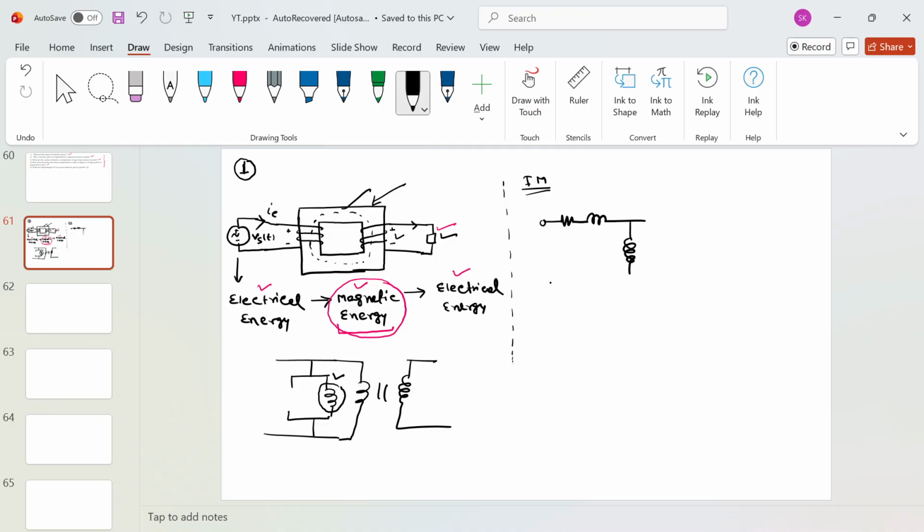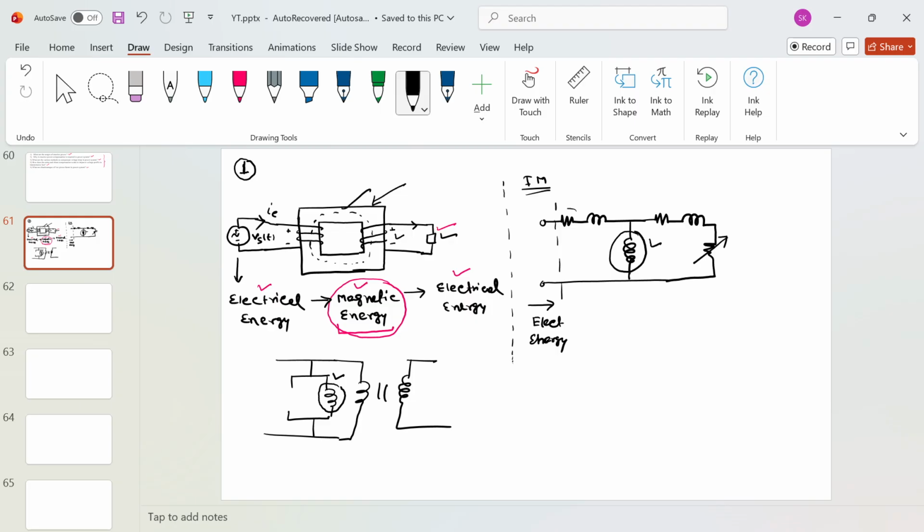In the case of the induction motor, the magnetizing inductance is huge because of the air gap in the system. So you have this sort of equivalent circuit diagram, and this particular inductance is associated with the reactive power, and this inductor actually maintains the flux around the air gap. So here also, you are having electrical energy coming from the source, electrical energy,